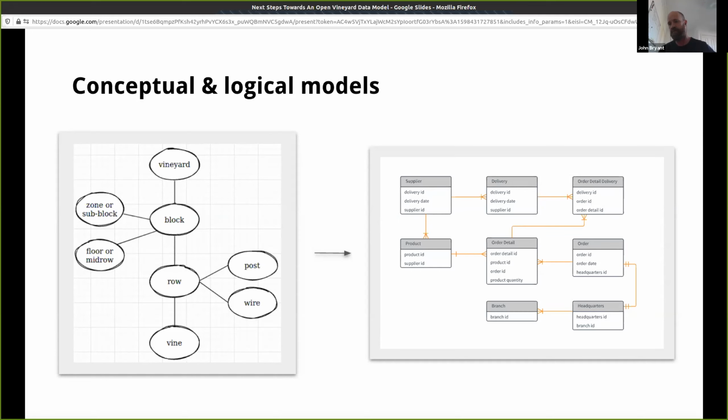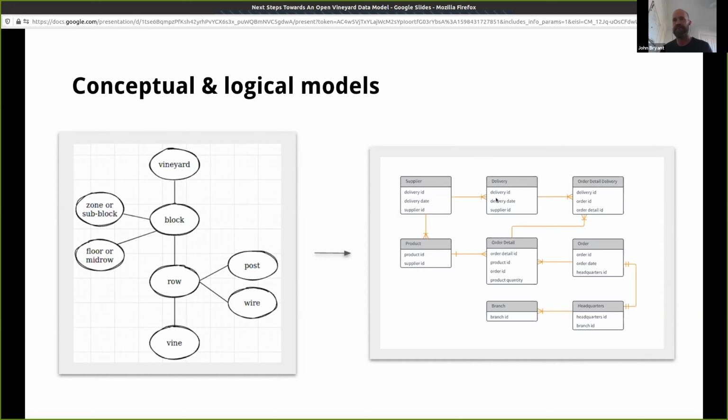So once we have a conceptual model, we could then elaborate on that conceptual model and create a more detailed logical model where we take those building blocks and actually flesh them out. Describe attributes. So the picture I've got on the screen here isn't necessarily actually like this, but I think what we'd actually see is the vineyard, the block, the row, et cetera, and what are the attributes that define those things.